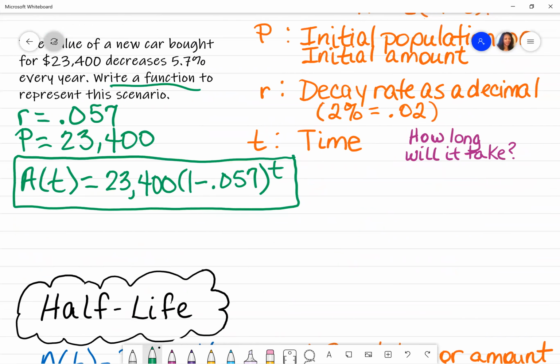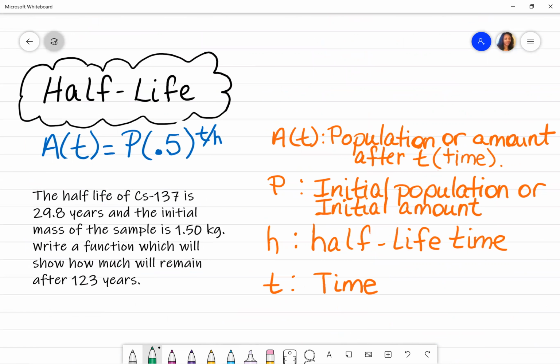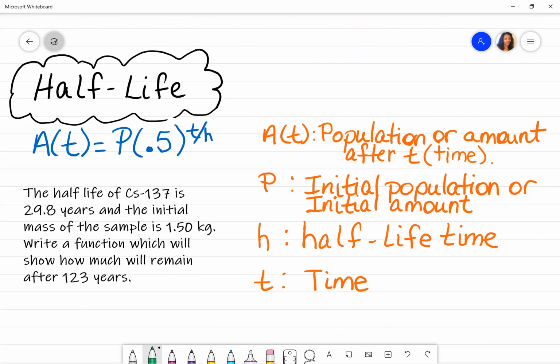And then finally, sometimes you will see something called half-life. Half-life, again, it has the A of T, it has the P, and it has the T. But this time it doesn't have a rate. It has an H, which stands for half-life. So when you are trying to determine if you're going to use the half-life formula, 9 times out of 10, it will actually have the words half-life in it. So if you see that, this is the